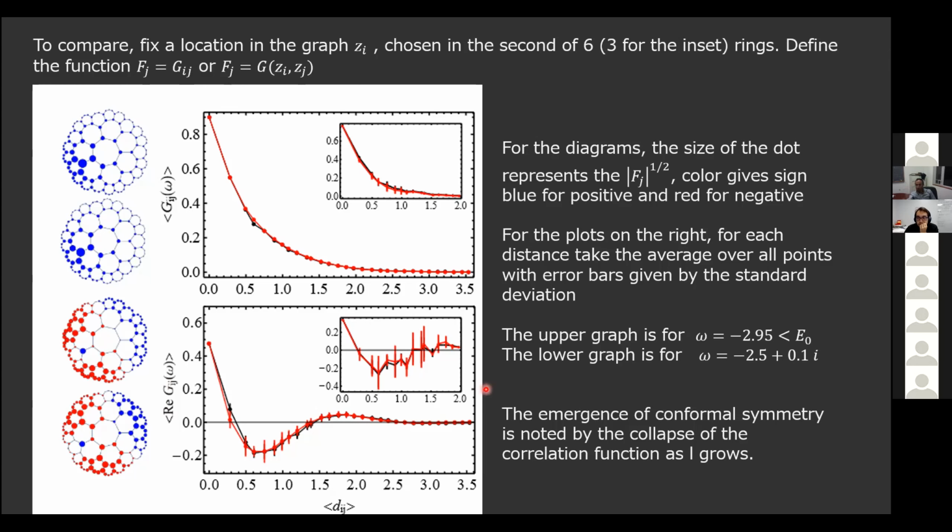Can I ask a question? Sure. Usually we say that the signature of holography appears not in 2-point functions, but maybe in higher-point functions, because 2-point functions are kind of universal. So have any of these people talked about higher-point functions? No, they did not discuss that in the paper.